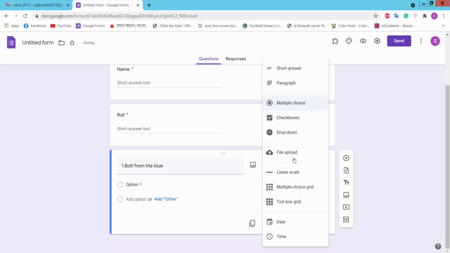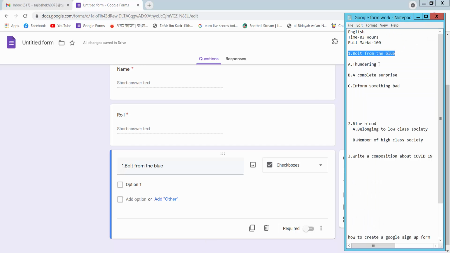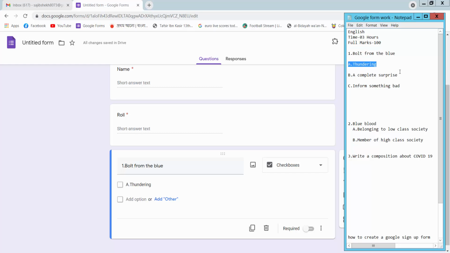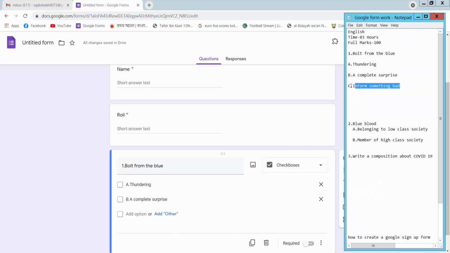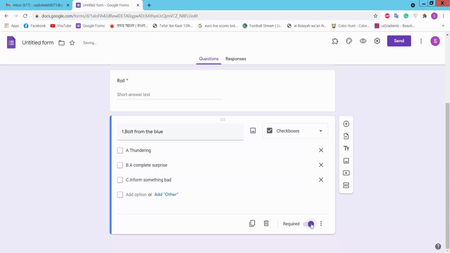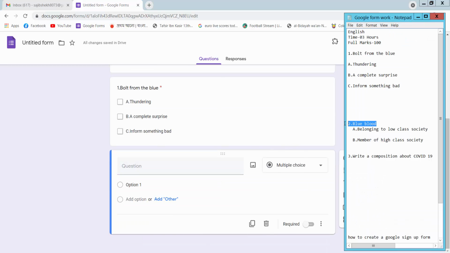Now we'll choose check boxes. Click optional, add option, required, click plus option, we'll choose